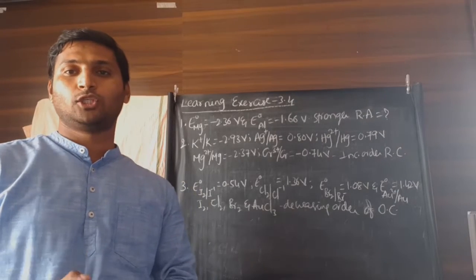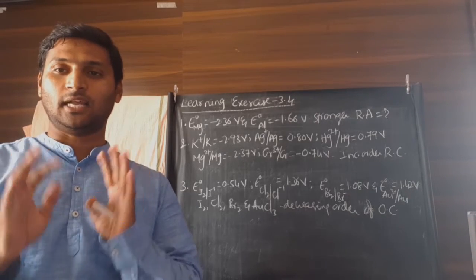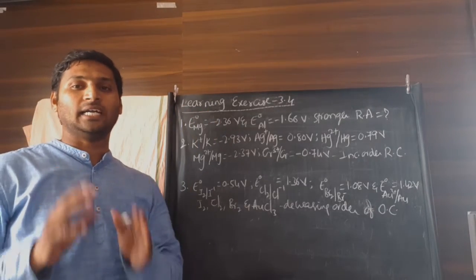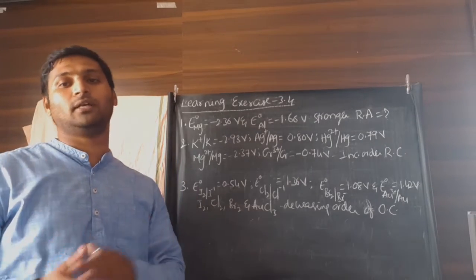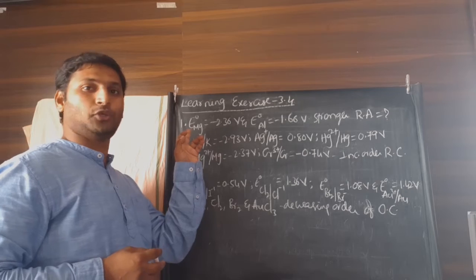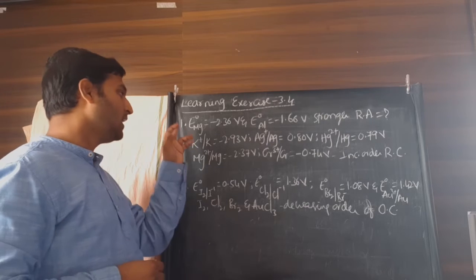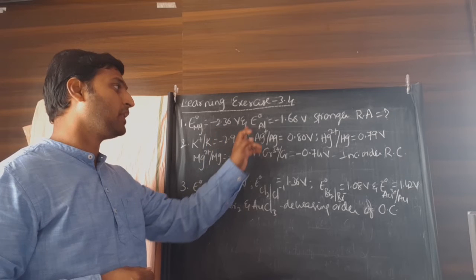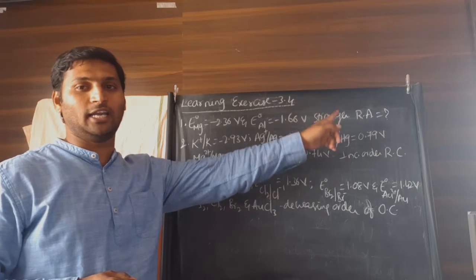Okay. Now, to improve our understanding of the applications of the electrochemical series that we just finished, let us solve learning exercise 3.4 containing simple theoretical questions which, as I have already mentioned, are very popular both in board exams and entrance examinations. You can have the worksheet before you and I have briefly written the question here. The first question was: magnesium has an electrode potential of minus 2.36 volts. Aluminium has an electrode potential of minus 1.66 volts. Which is the stronger reducing agent among the two?